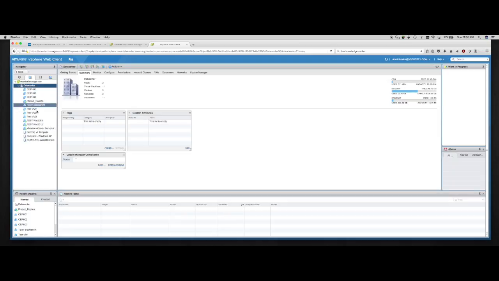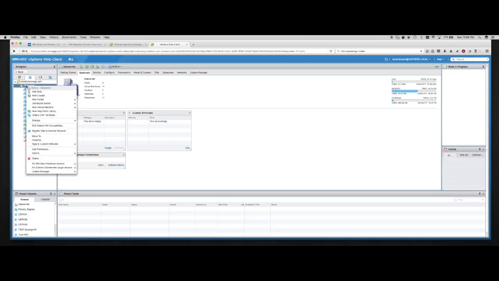So I'll give you an example here. We have a whole bunch of nodes here that we could potentially back up. There's a couple of these I don't want to back up. I don't want to back up my vCenter appliance. I don't want to back up my other Spectrum Protect server, my Protect replica. So my secondary copy, my replica server, is running as a virtual machine here. But these other nodes are fine. The test nodes are relatively small. The Ceph nodes are small. They don't take up very much space. Templates are normal size. So what we want to do is at the data center level, we right click and